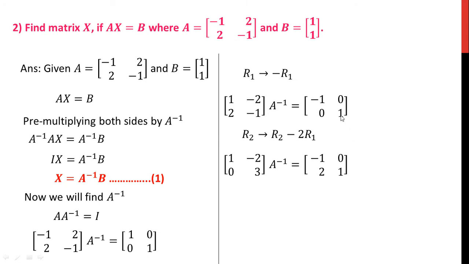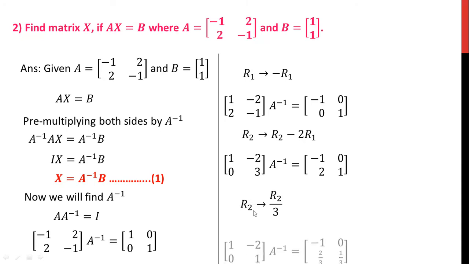Then here 1, and minus 2 times R1 is minus 2 times 0, so it remains as 1. Okay, so the second row changes. Here we get 0. Now in the next step, we have to find 1 here. So how will you get 1 there? If you divide the second row by 3, then you will get 1 here.